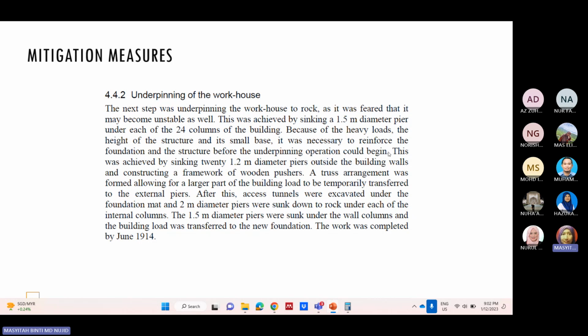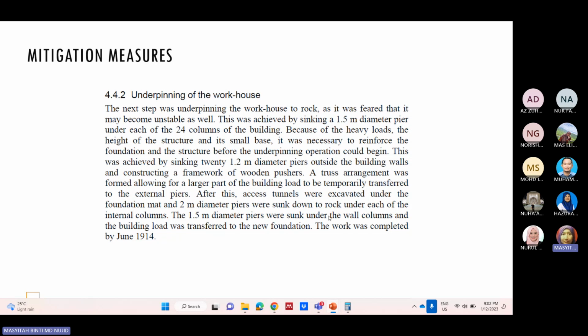So this is the importance of repairing work, which is called underpinning, that is, reinforced by having additional structure. So this was achieved by sinking 21.2 meter diameter piers outside the building walls and constructing a framework of wooden pushers. So a truss arrangement was formed, allowing a larger part of the building to be temporarily transferred to the external piers. So after this, the access tunnels were excavated under the foundation mat and 2 meter diameter piers